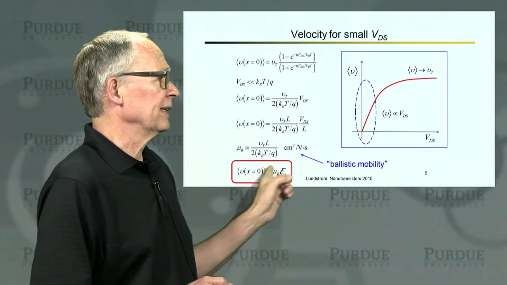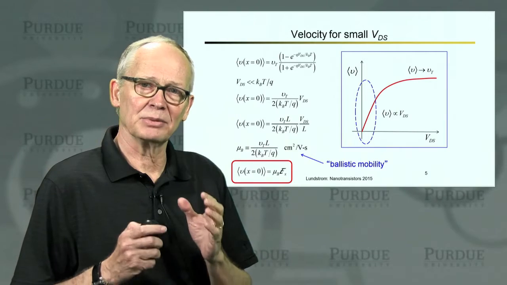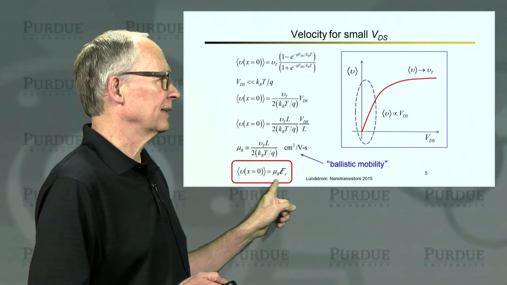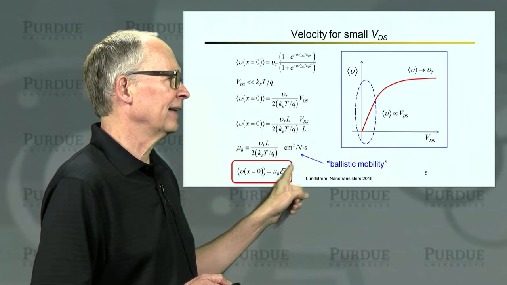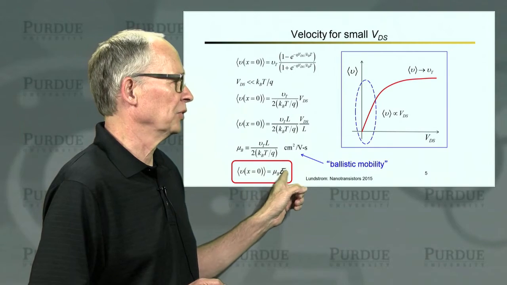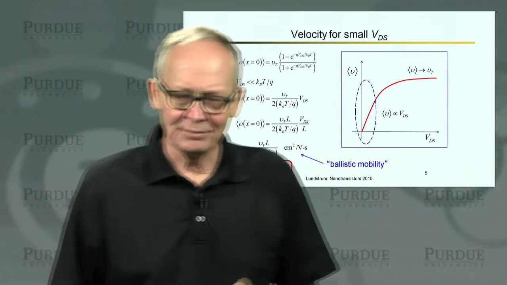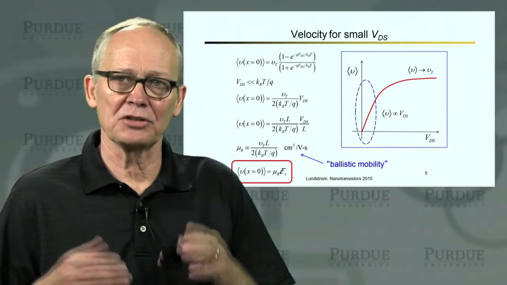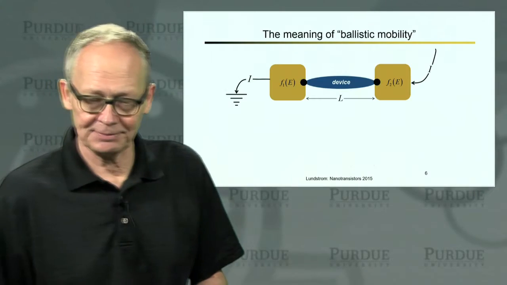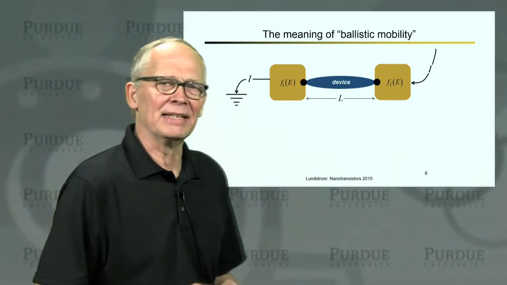So the bottom line is that in this regime, remember we're in a ballistic MOSFET with no scattering, we can write the average velocity as ballistic mobility times the electric field in the channel. Mu B times electric field in the x direction. That's exactly the same expression we would use for a large diffusive semiconductor with lots of scattering, but this is a ballistic device. So that's quite interesting. So what does this ballistic mobility mean?